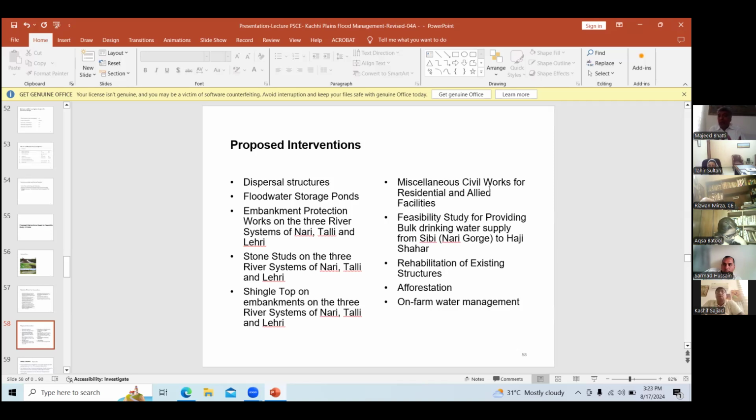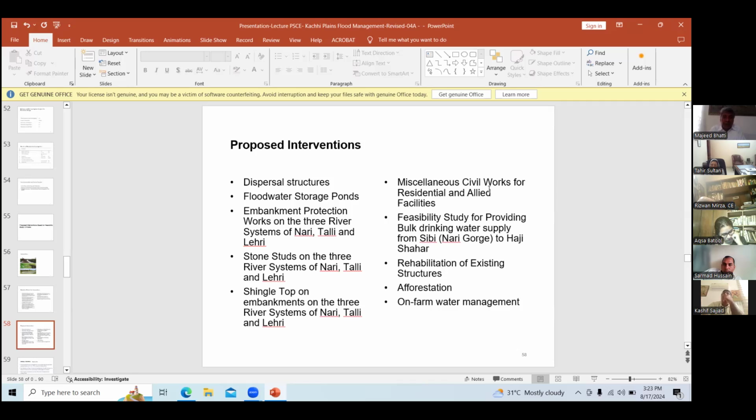So the water will be diverted, and its proposed depth is more than 15 feet. That can be used during non-availability of water for irrigation and also for drinking purposes. So that is another intervention we have proposed in our feasibility study.